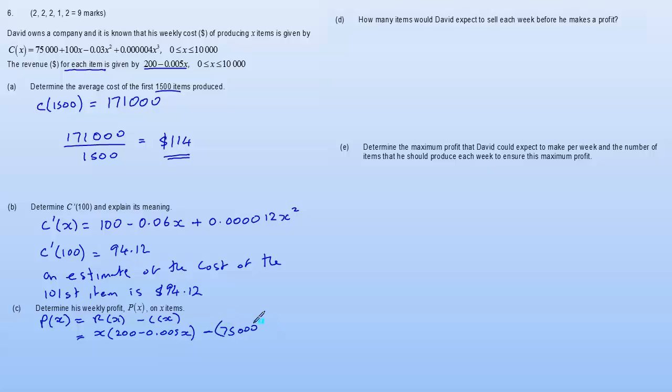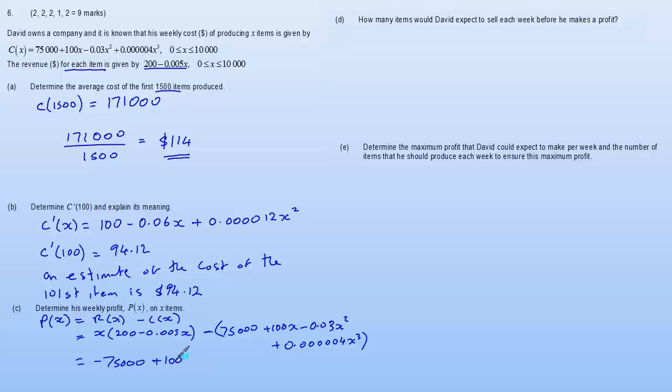Let's make sure we put this in a bracket so we get all the signs right. That's 100x, take away 0.03x squared plus 0.00004x cubed. And then all we need to do is simplify that, and it simplifies down to negative 75,000